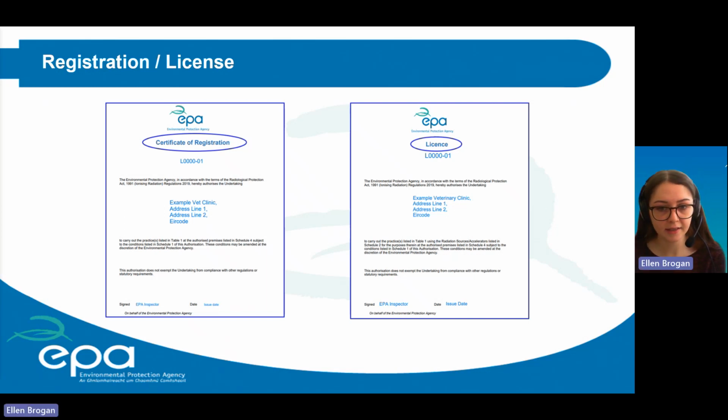And then to obtain a license, the undertaking must submit an application through Eden as well, but the information to be provided for an application for a license includes a list of all the practices that you wish to get a license for, the legal details of the undertaking, the address of the undertaking, and of the premises at which the radiology will be carried out. Also a complete schedule of equipment, which will be put up on Eden, and then relevant personnel details, including RPO